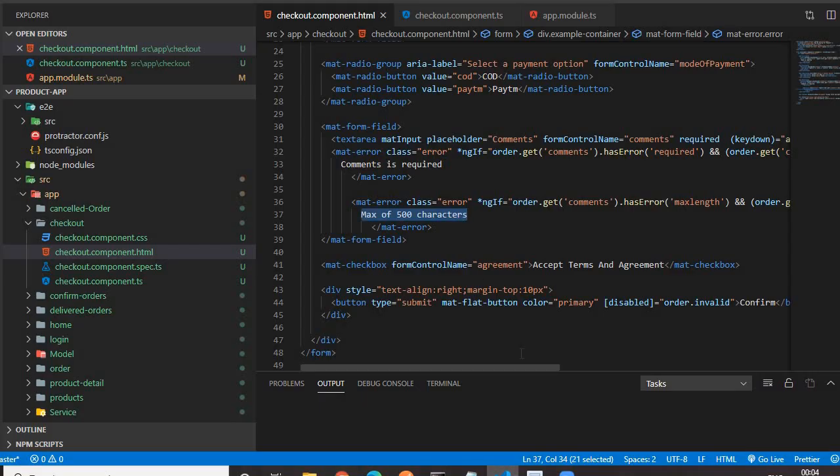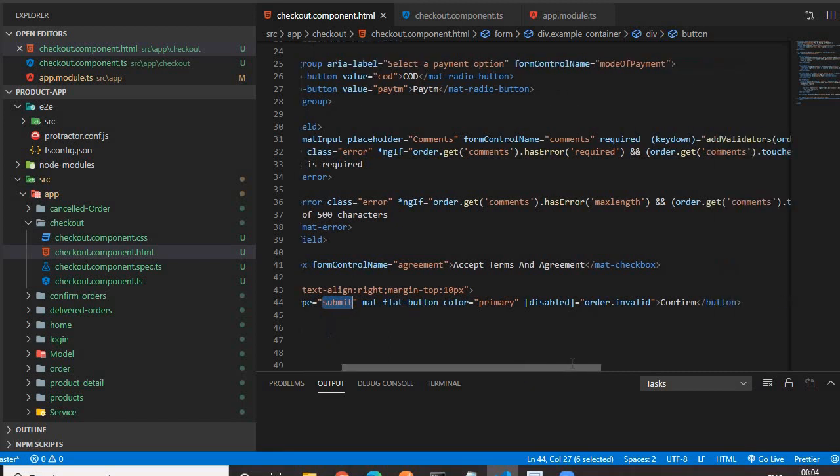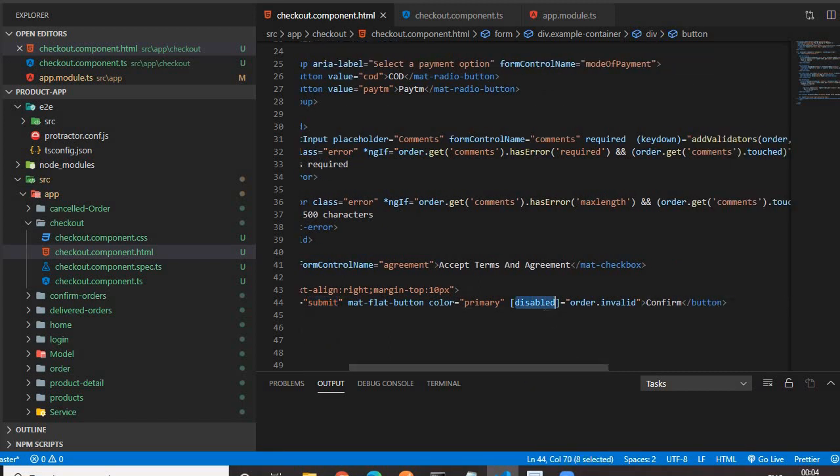We'll go to the HTML file. For the button, I am using a button having type equal to submit, because it's used for submitting the form. Then we have used the disabled attribute with form group name dot invalid, meaning this button will be disabled when our form is in invalid state. If it is in valid state, then our confirm button will be enabled and the user will be able to click it.